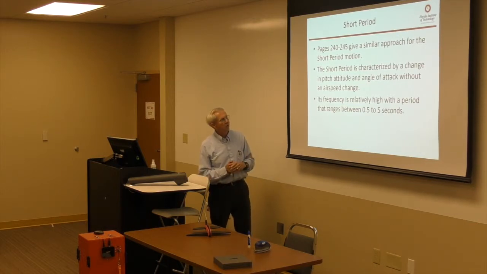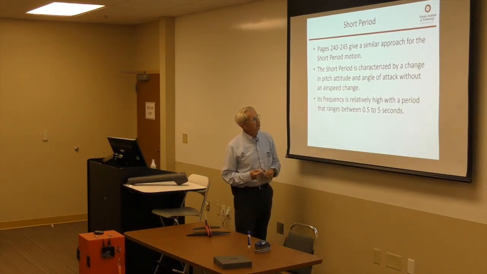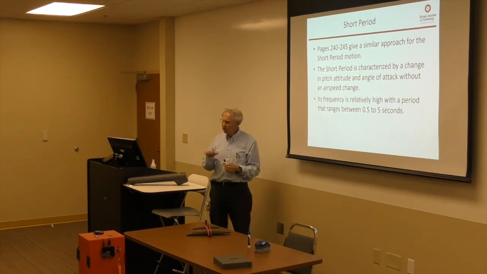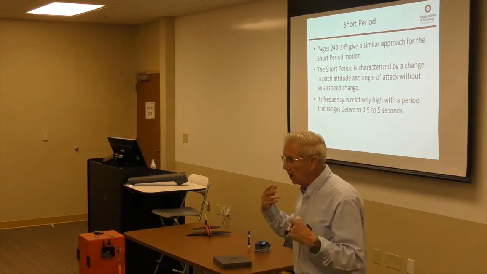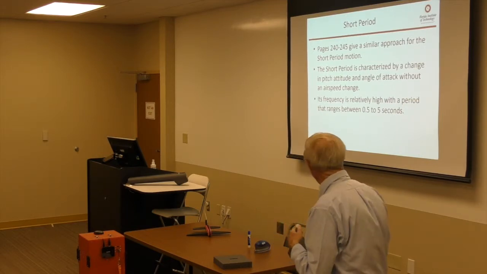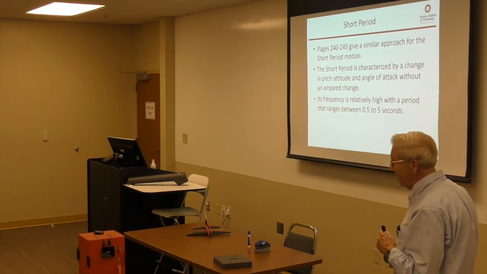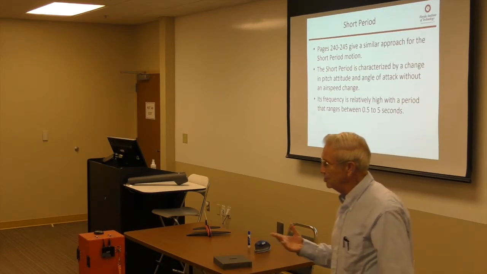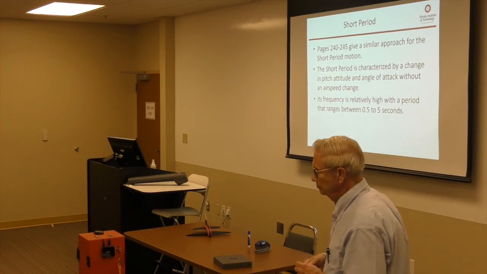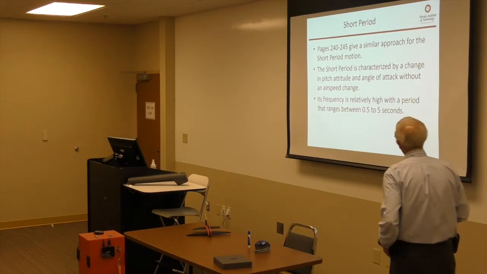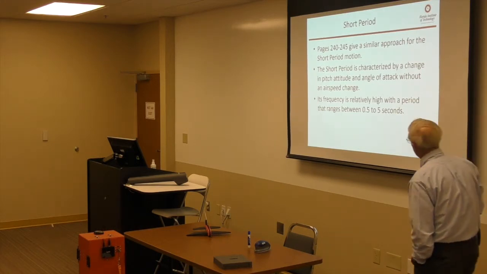Short period equation is a bit more complex, and it's characterized by a change in pitch without an angle of attack change, or for that matter, an airspeed change. So the short period occurs very quickly. The airplane doesn't have time to respond in airspeed when you have a short period motion. You will see an angle of attack change. We said we didn't see an angle of attack change in the phugoid. With the short period, you're going to see an angle of attack change. And the frequency, as we said here, is pretty high since this is a long way from the real axis,